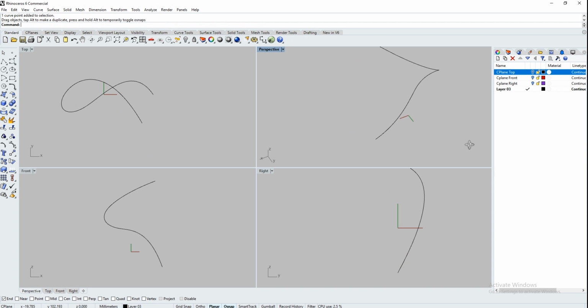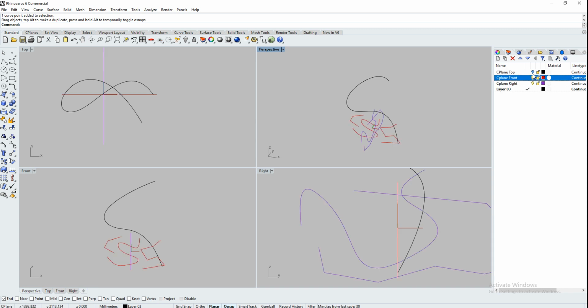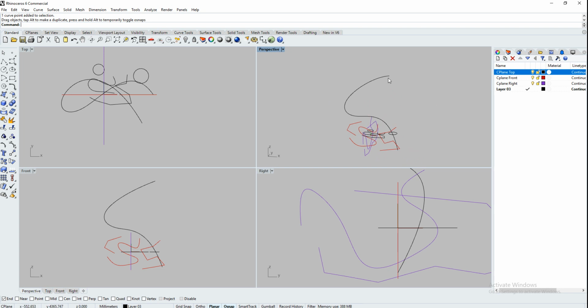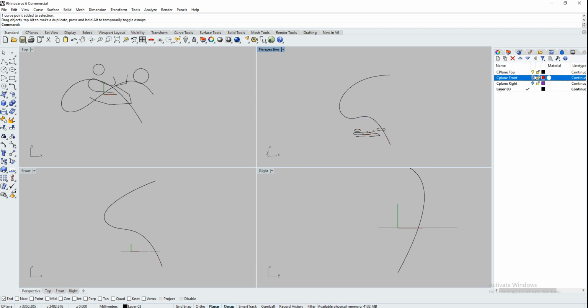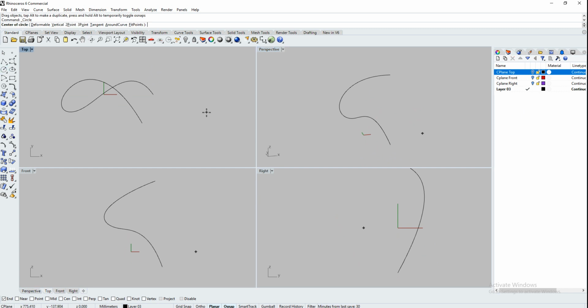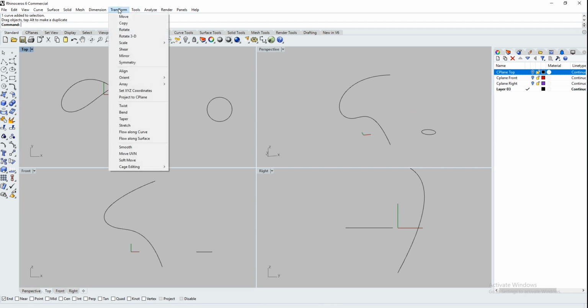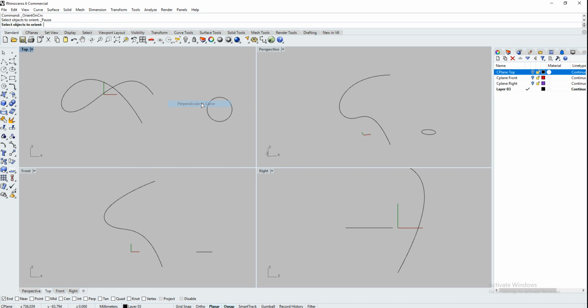Just say we've got this curve here, and we want to draw a circle perpendicular to the end of that curve. We can't use any of our default CPlanes because it's not in the same plane as the end of that curve. So again, there's two options to do that. Firstly, draw on another plane and then position it in place. So that's it. Just drawn it in another plane. And then to position it in place, go Transform, Orient, Perpendicular to Curve, select objects to orient, press enter when done,